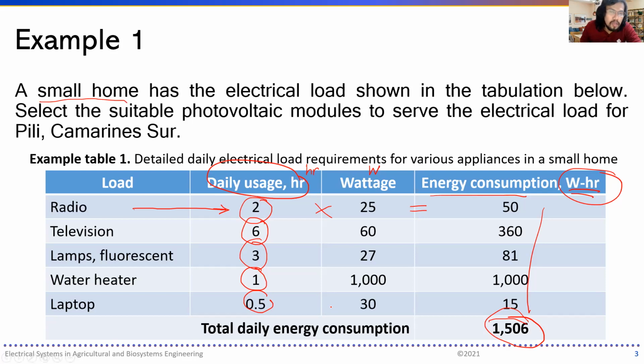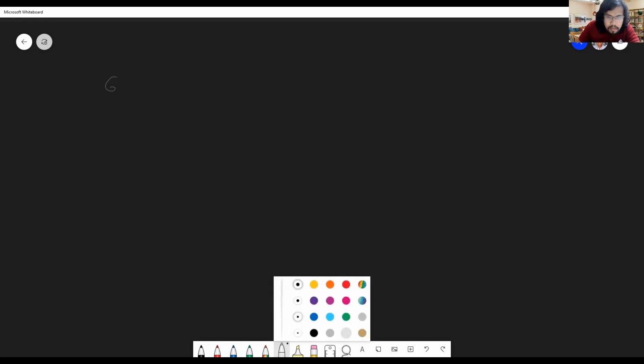All right, so let's try to solve this one. Let's start with solving or identifying the requirements. Let's see first what are required. We're asked to determine the number of panels. So given our, sorry, what happened? Okay, given our